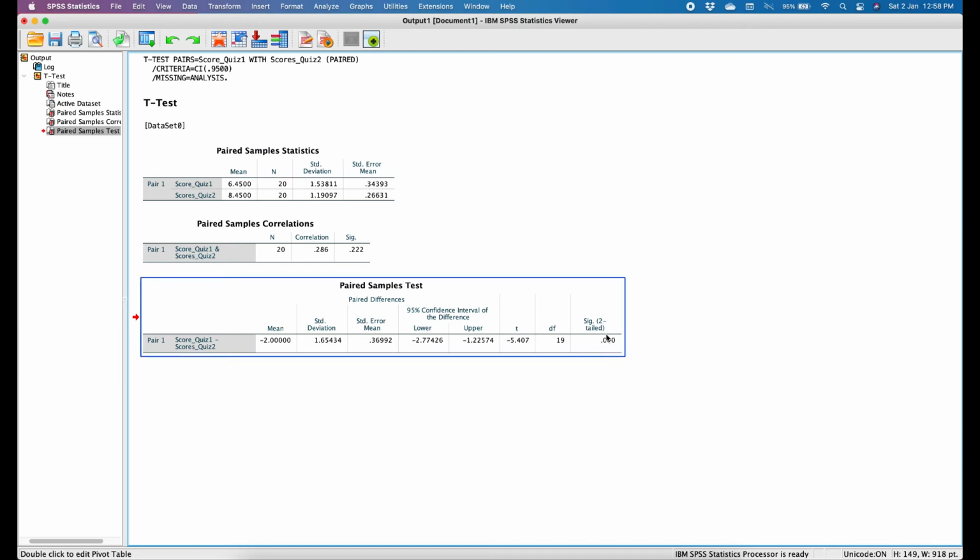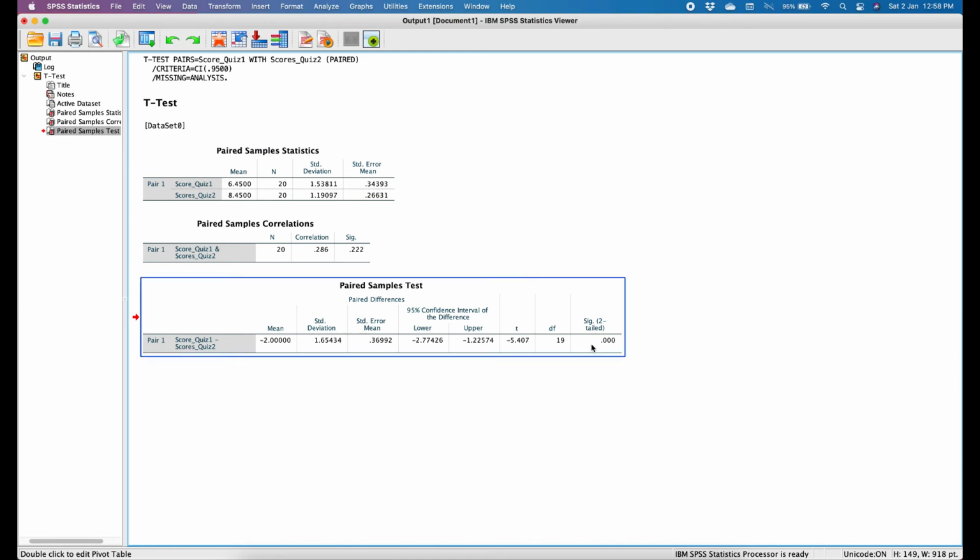After checking this value, significance value two-tailed, I am able to see that the null hypothesis in this particular case is not accepted because the p-value or significance value is less than the alpha value of 0.05. Means our null hypothesis is rejected. So there is a difference between the mean scores obtained by students in quiz 1 and quiz 2.